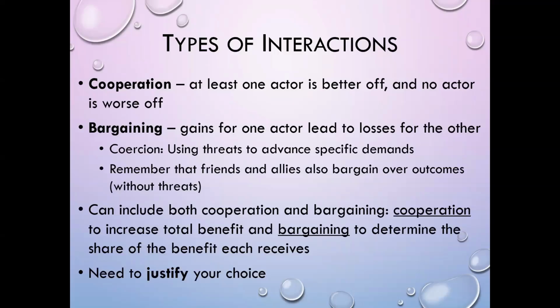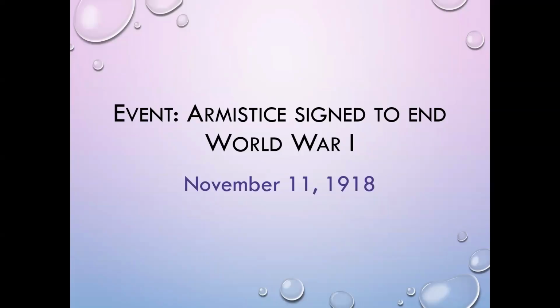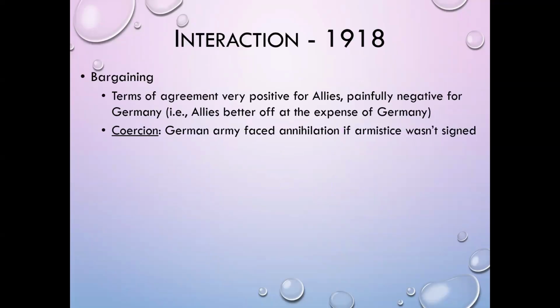Additionally, regardless of whether it's cooperation, bargaining, or both, you need to explain why the type of interaction you identified is the interaction that is going on. You need to justify your choice, explain why. So back we are again to the signing of the armistice to end World War I, November 11th, 1918. I identify that this interaction was bargaining